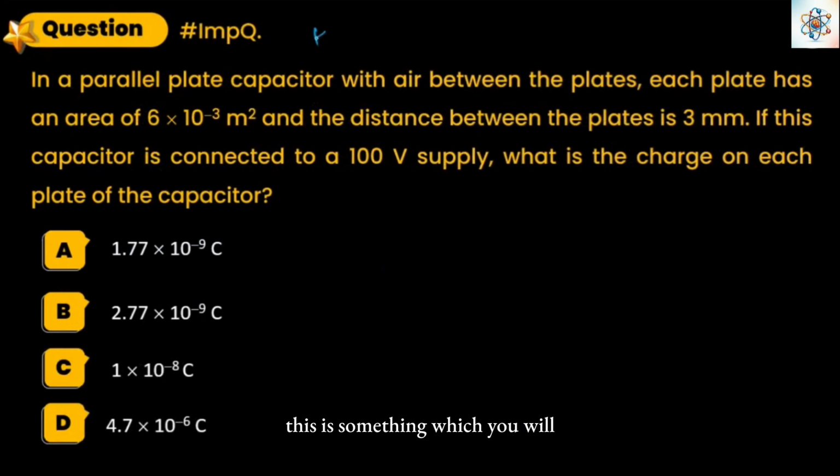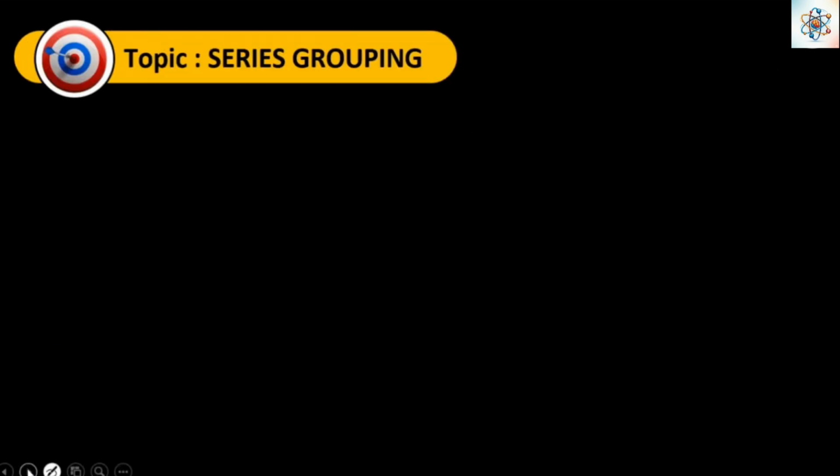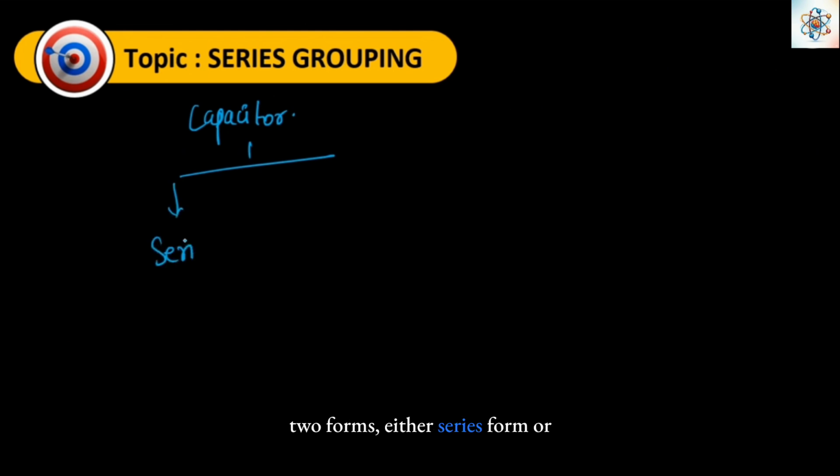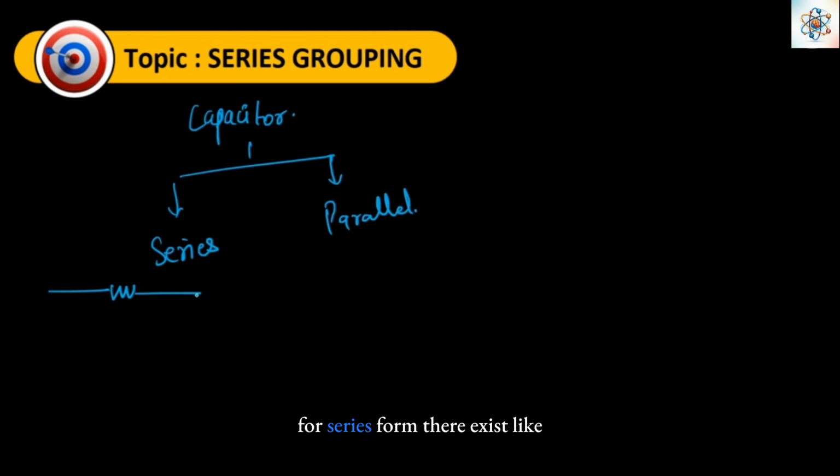This is something which you will do as a part of your homework when you are revising these things. Then there exists the grouping of capacitors. So capacitors is something which is being connected in a circuit in two forms, either series form or parallel form. For series form, they exist like this. In parallel form,